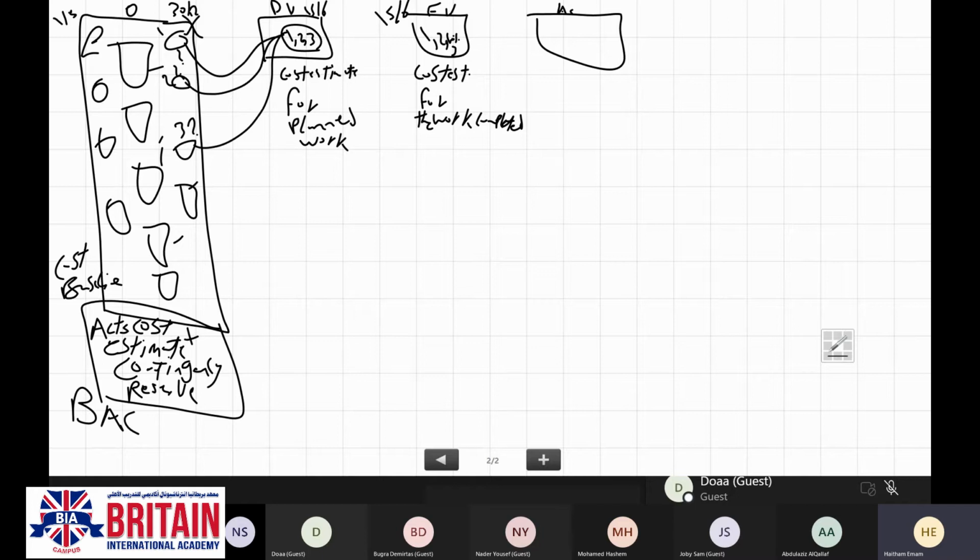Here, the common factor, we are comparing cost estimate to the cost estimate, but the difference will be the planned work against the work completed.